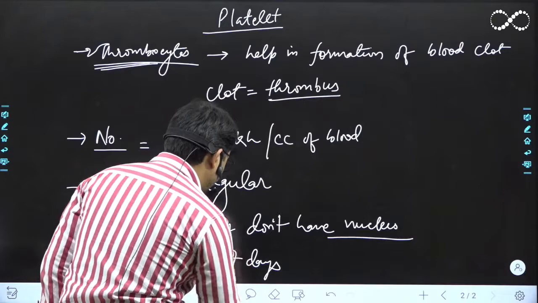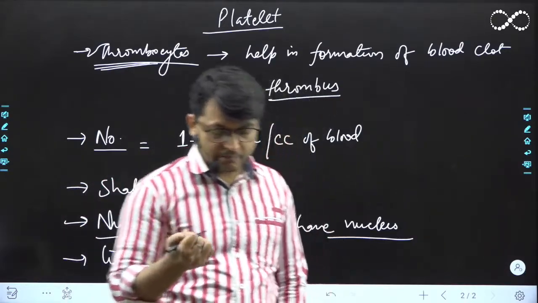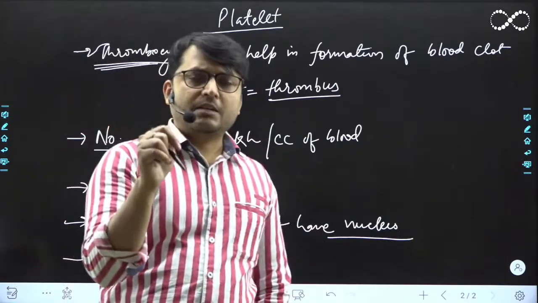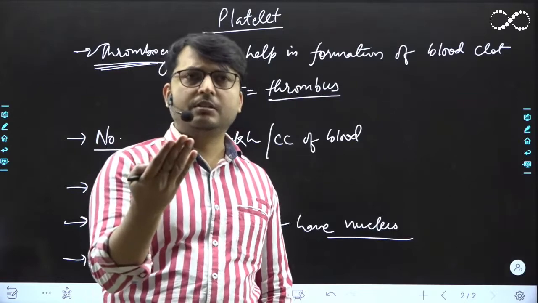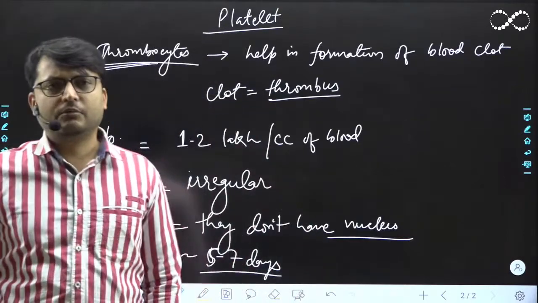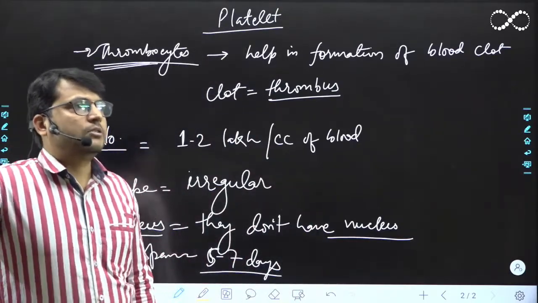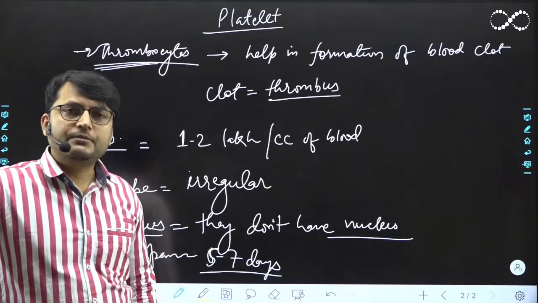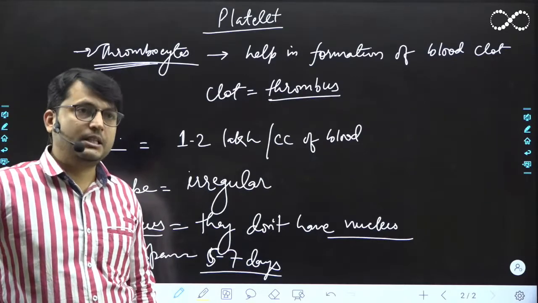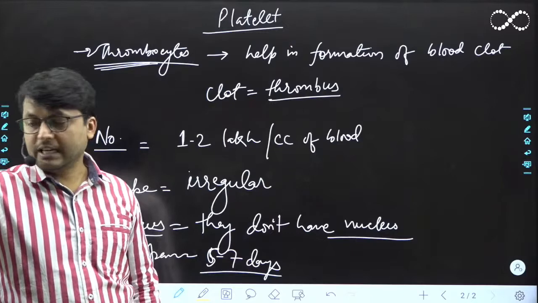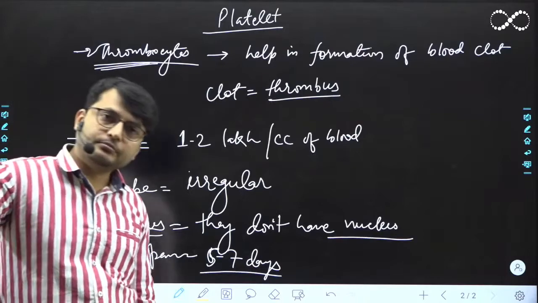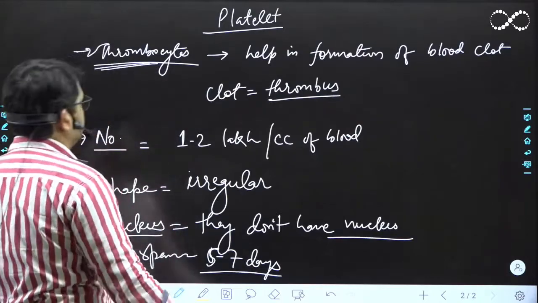अच्छा, लाइफ स्पैन के बारे में ना मैं बताना आप लोग को भूल गया था, तो मैं अभी वर्बली बता देता हूँ. RBC का लाइफ स्पैन 120 days. Okay, immature RBC has nucleus, but mature RBC doesn't have nucleus. Got it? याद होगा आप लोगों को. You all have already studied these things. If we are talking about WBC, again the lifespan can vary from a few days to a few months. So different types of WBCs have different lifespans. When we are talking about platelets, their lifespan is typically less than a week. Got it?